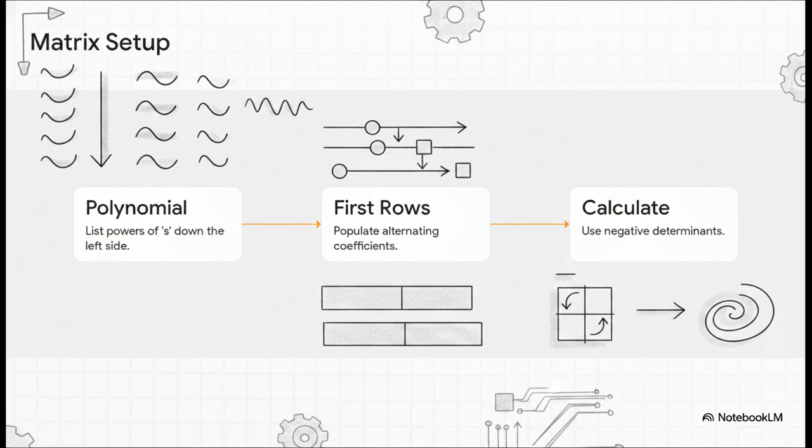Step 2, you populate the first 2 rows by zigzagging your way through the polynomial's coefficients. So the first row gets the first, third, and fifth coefficients, while the second row gets the second, fourth, and sixth. Finally, for step 3, you calculate all the subsequent rows by doing a specific cross multiplication of the rows directly above them. Essentially, you're just finding a negative determinant and then dividing it by the first element of the